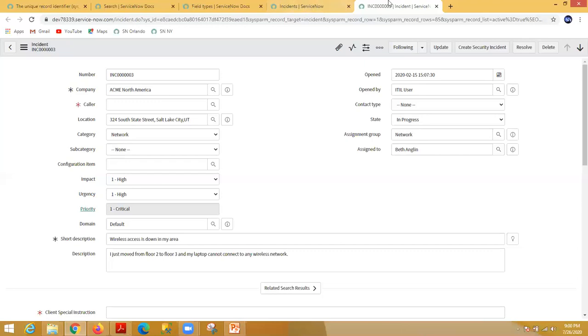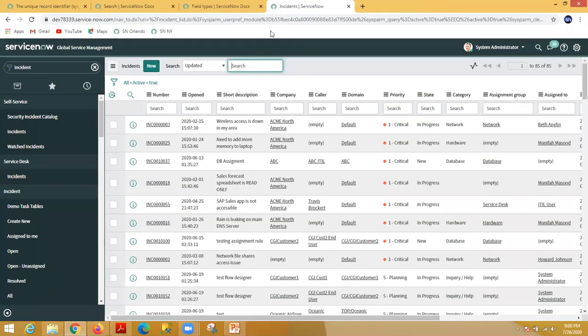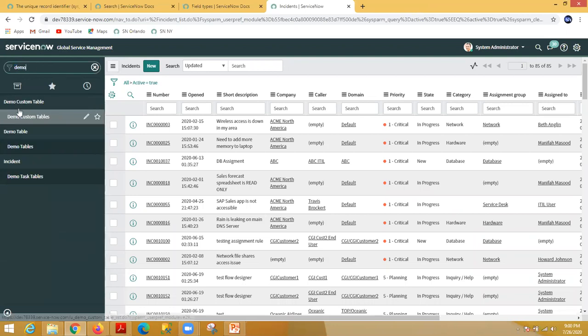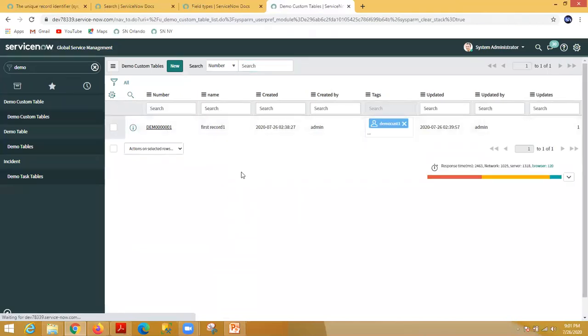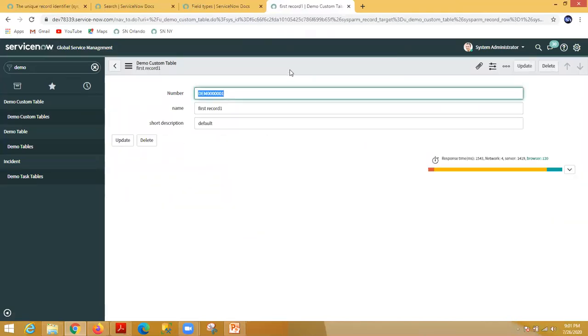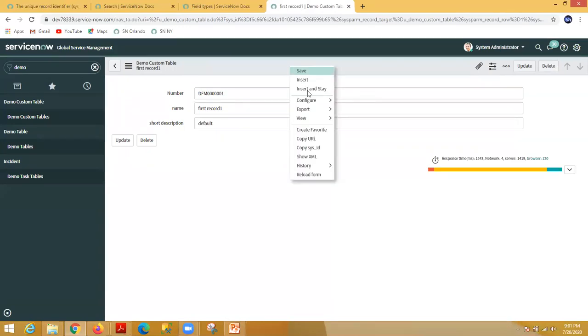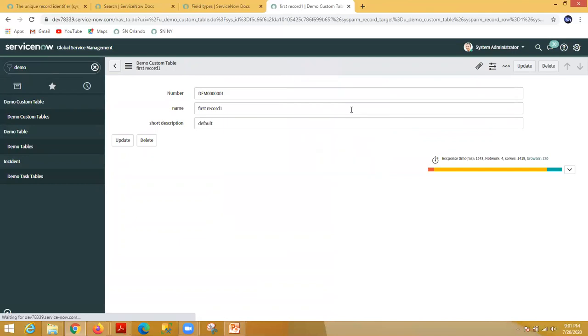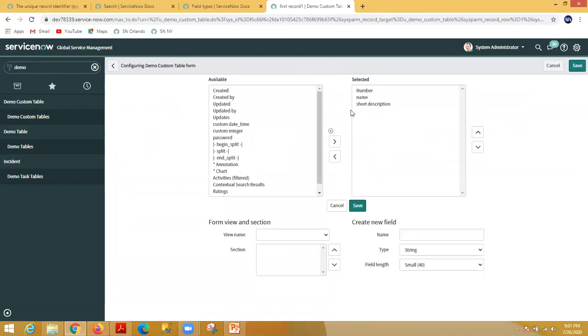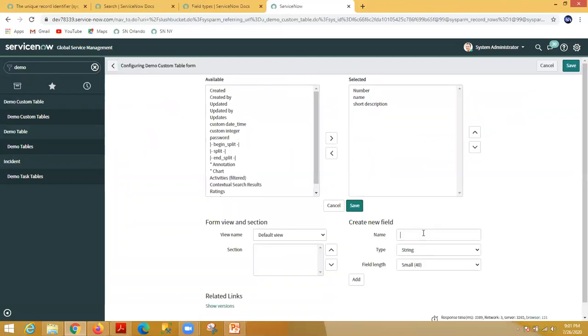Okay. So let's suppose we will open our demo custom table. Okay. So I'm using my traditional method. Here I'm going into the form layout, and you can type the label which you want.